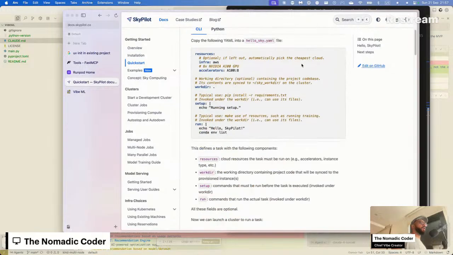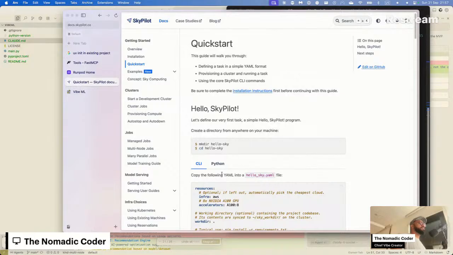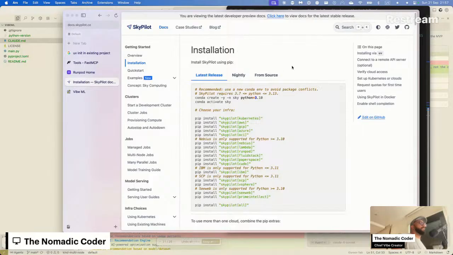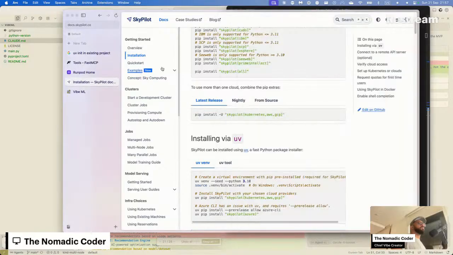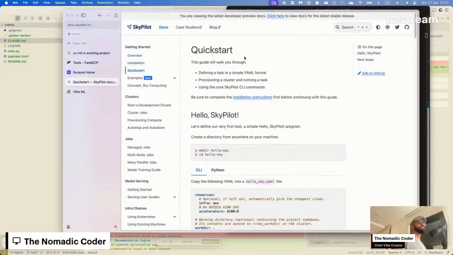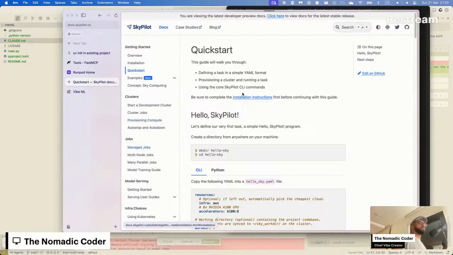Just install all integrations in one go. Yeah. Training.